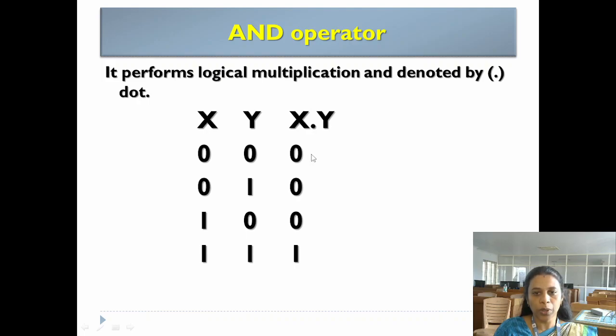Performing the dot operation, for 0 dot 0 the output will be 0. Similarly, for 0 dot 1 and 1 dot 0 you will get the output as 0 itself, and for 1 dot 1 the output will be high. Since the logic operation A dot A is equal to A,